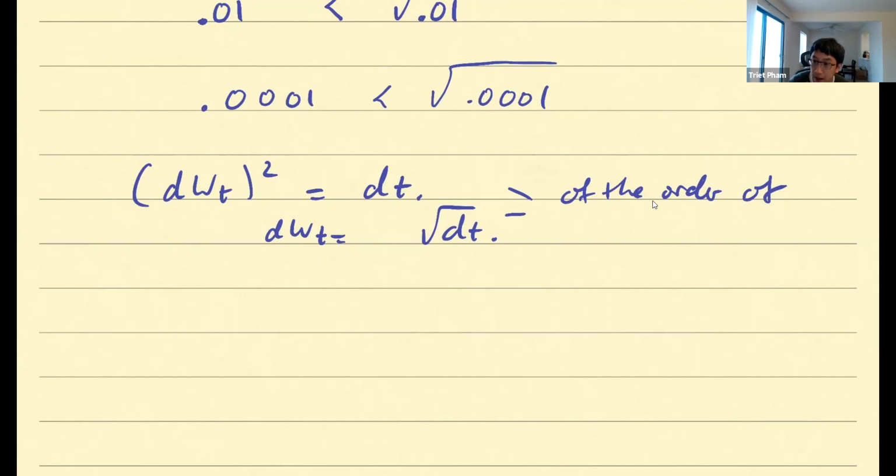So anyway, that's the point. That's why we need to pay attention to the Ito integral. It's not a routine thing where you just push dt to 0 and you expect convergence. All right, I'll leave it at that. So now, what object is an Ito integral?